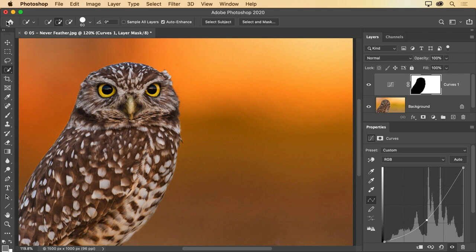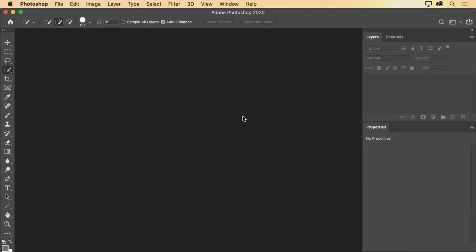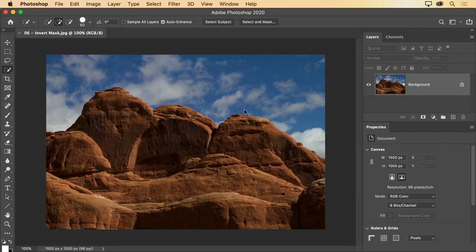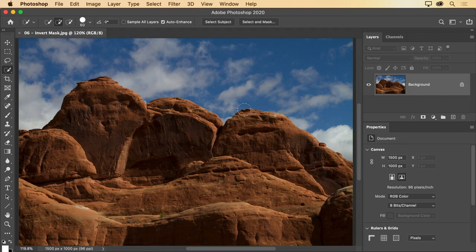All right, so moving right along, I'll close this image and we can take a look at another key concept which I've addressed to some extent here in the context of a selection. But as I mentioned, oftentimes it's easier to create a selection of the area you don't actually want to select. So here, let's assume I want to apply an adjustment that only affects the rocks. The rocky area of the scene here is not quite as uniform as the sky. So it would actually be easier to create a selection of the sky than it would to create a selection